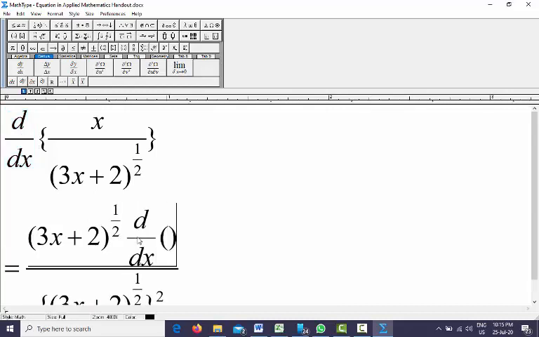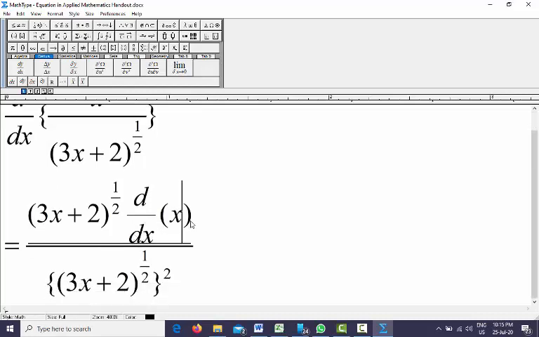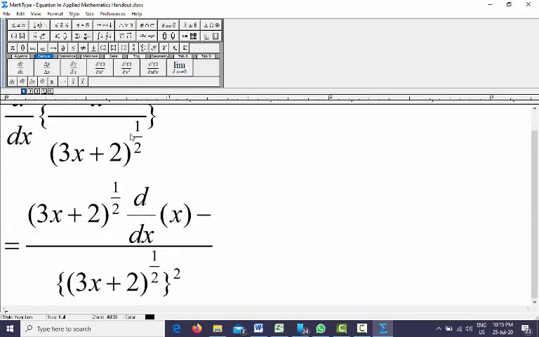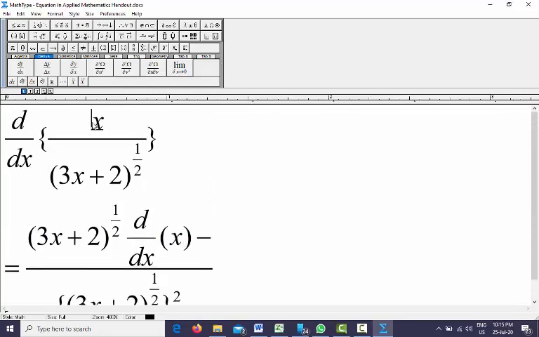And whatever you have in the numerator, you should write that one. And then we have a minus. We will have a minus because we are now applying the division rule, not the multiplication rule. In the multiplication rule we use a plus here, but this is the division rule. So this x we need to write here again, and then we will have a d by dx.